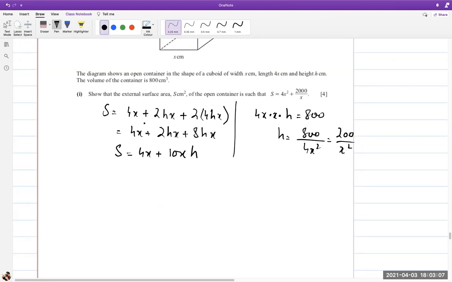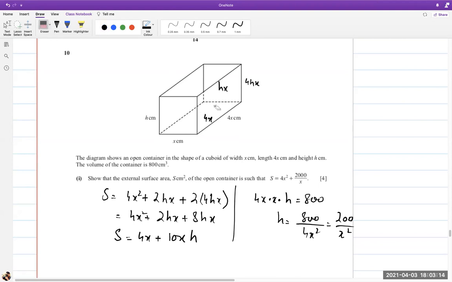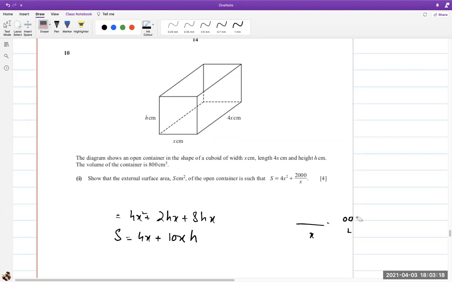Sir, yeah, could you please explain this again? I didn't understand at all. Sir, I don't get the hx or 4hx. Yeah, I don't. Where did the value come from? I'll do it again, I'll explain it again, no problem. Look,